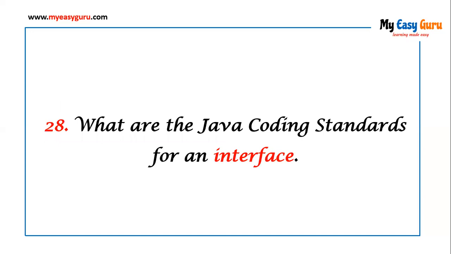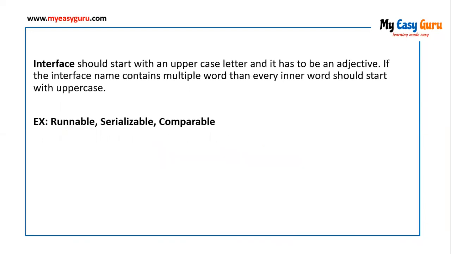Let's move forward to the next question. What are the Java coding standards for an interface? An interface should start with an uppercase letter and it has to be an adjective. If the interface name contains multiple words, then every inner word should start with an uppercase. So let's see an example. Runnable,